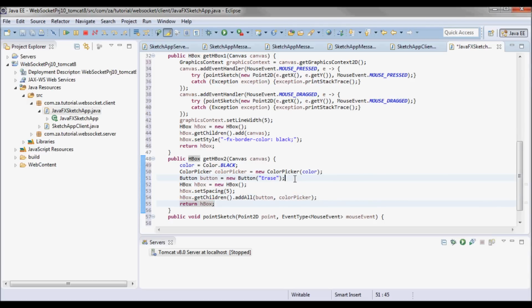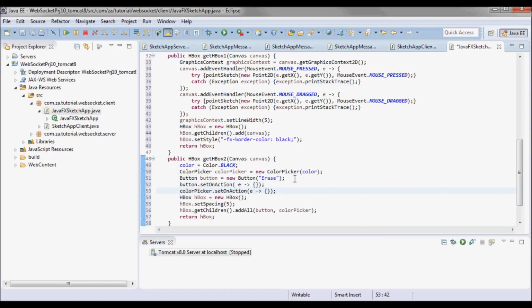And we'll be handling two events, a button on action event and a color picker on action event.